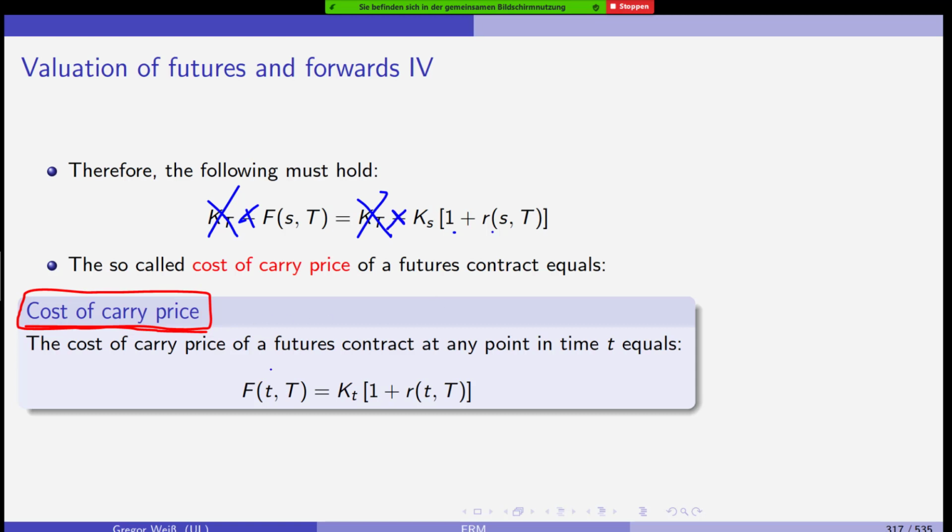So as you can see, the cost of carry price of a futures contract, and if we now say, okay, let's say at any point, not just now in S, let's say KT, the cost of carry price of a futures contract at any point in time equals the spot price times 1 plus the accumulated interest. In other words, if you want to buy 1 ton of steel,